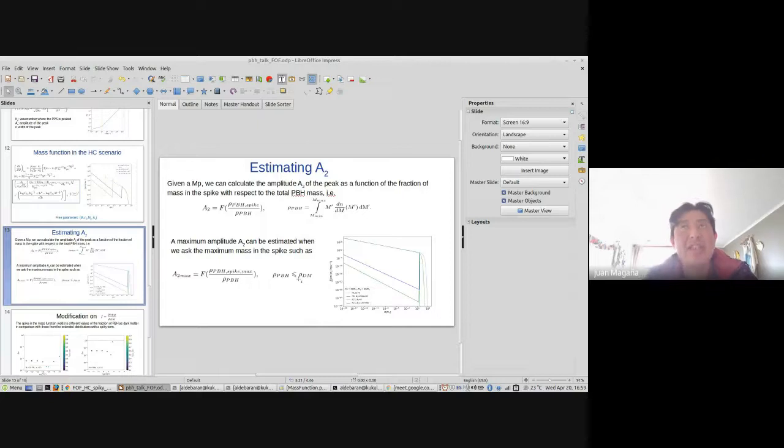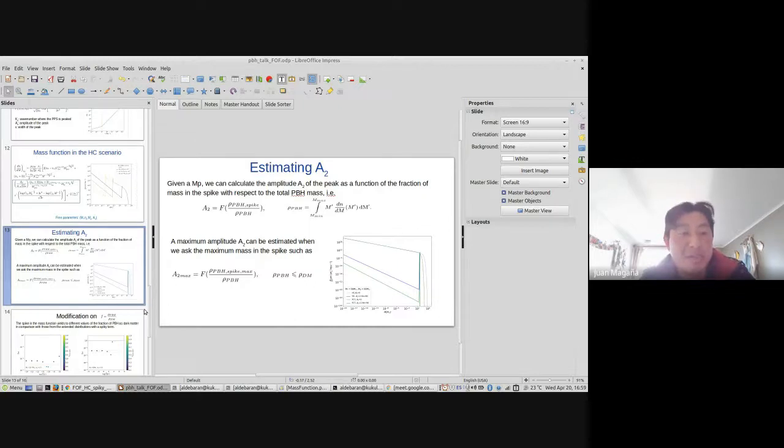Because we think that these hypothetical objects can compose the dark matter in the universe, we put this limit: the mass density of the configuration should be less than or equal to the mass density of the dark matter in the universe.